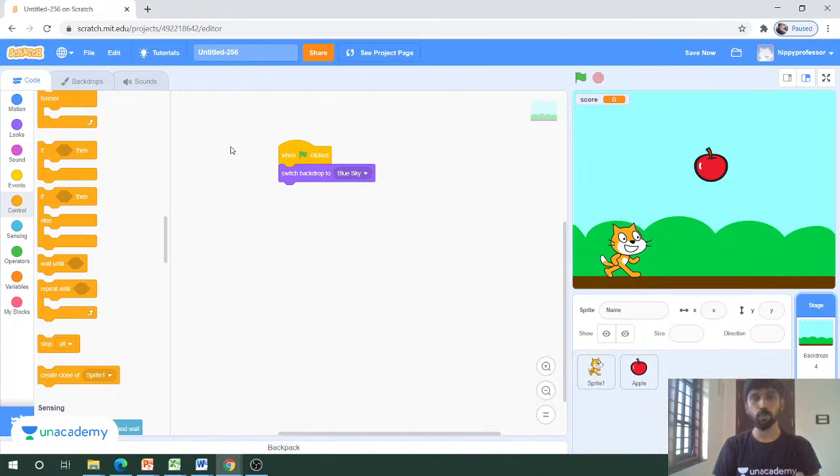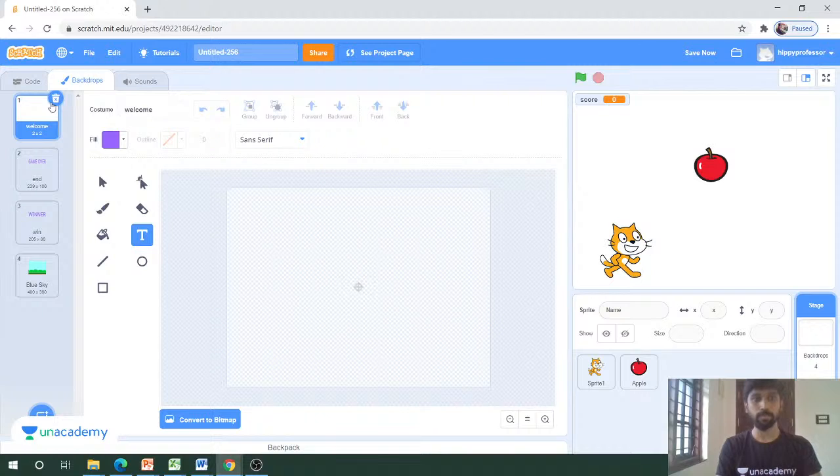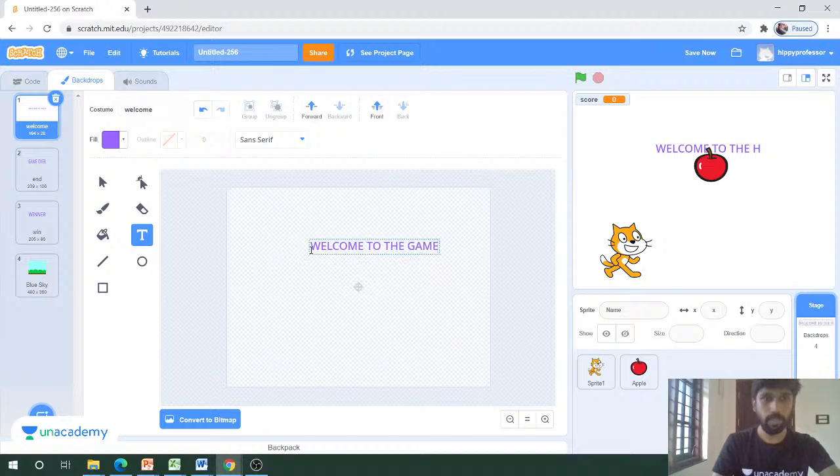Okay. So in order to do that, we will just change it to welcome screen. Whenever we are starting the game, we should have a welcome screen. So we'll just go to the backdrops option, and I will do some text work here. I will just click here and type "Welcome to the game," and I will use some other text like "Press space key to